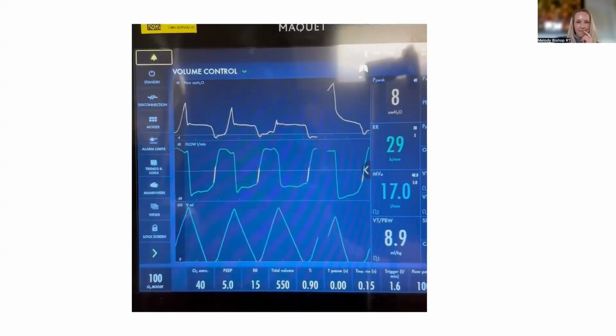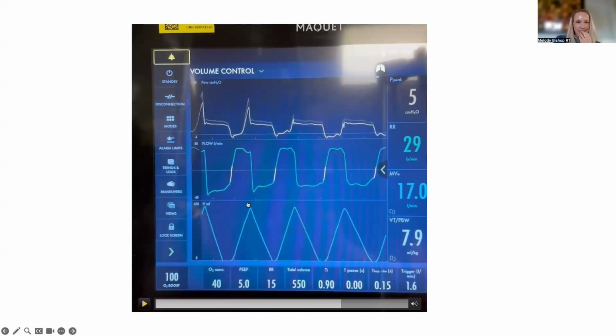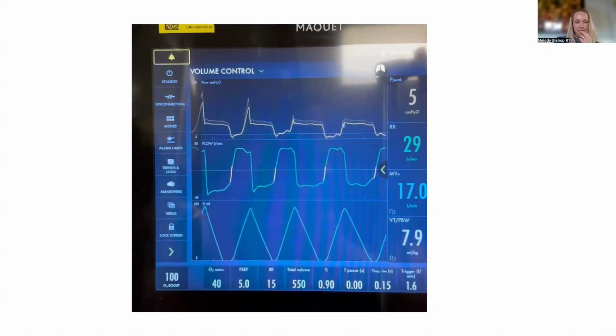Holy Toledo, this thing is terrifying, huh, Melody? It is just awful. As an aside, I don't know if you saw, but one of these days, I can't remember when, I asked, can the peak airway pressure be lower than the plateau pressure in volume control? Yes, no, maybe so. And I think I've got sort of a smattering of answers. So this should prove to you that, and right now the peak is 5, right? So certainly the plateau pressure is definitely higher than 5. So your peak airway pressure in volume control can certainly be lower than the plateau if you have a patient that is this active on the vent, right? It should be lower, right? Sort of by physics, but if the patient's very active, it might not be lower.